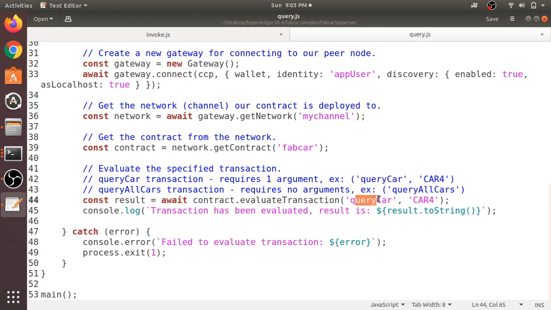So we are going to create a new JavaScript file. We are not going to modify these files. We are going to create a new JavaScript file which integrates query.js as well as invoke.js. Here I already created this particular file.